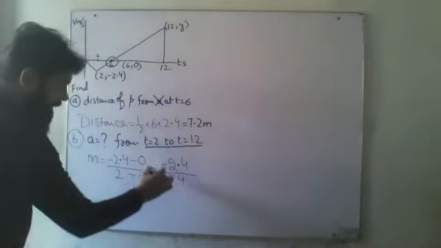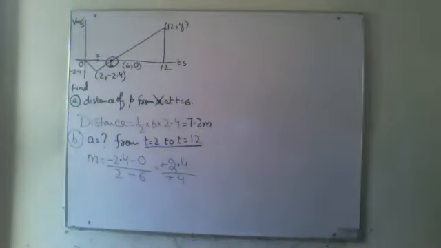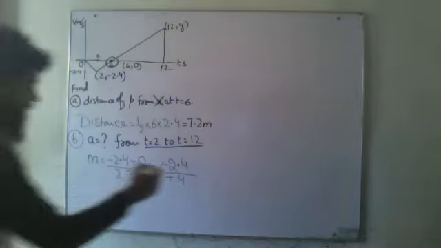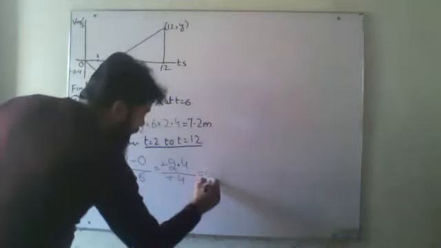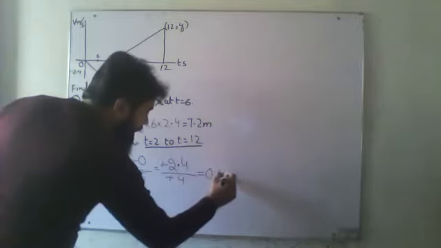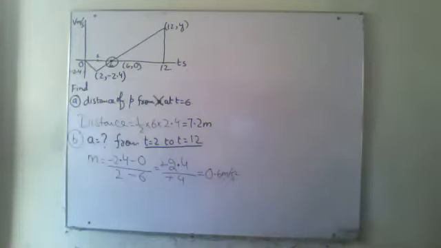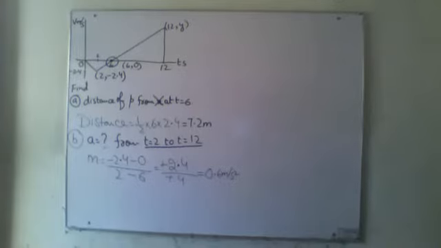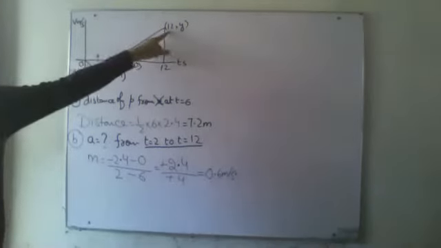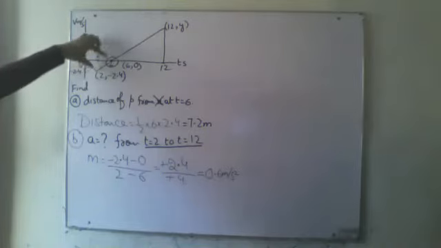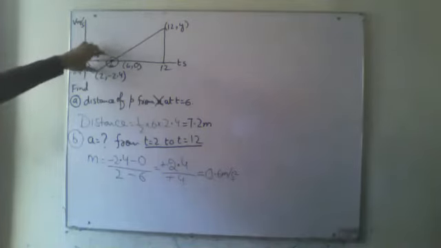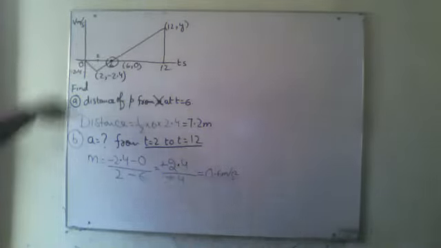Minus and minus will be cancelled. When I divide 2.4 by 4, the answer comes to 0.6. You can check it in the calculator. When I simplify it, the result is 0.6 meter per second squared. Okay? And you don't have to solve it up to this point, because it's a straight line. So even if you find the gradient of these two points, it will remain the same for the whole line over here.